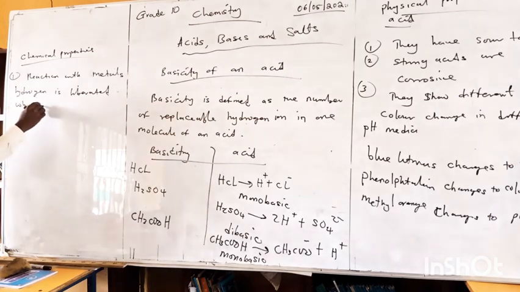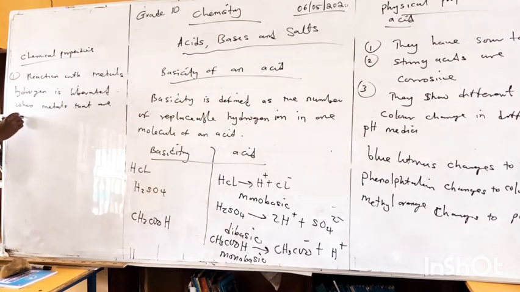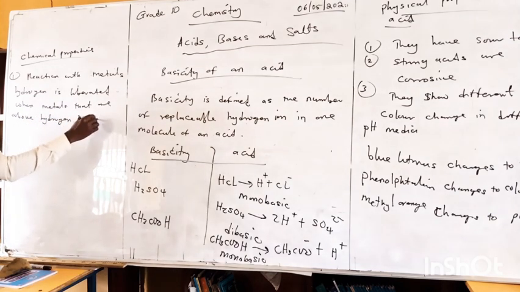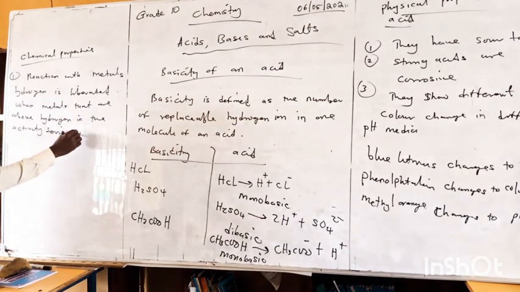When metals are above hydrogen in the activity series. If you don't want to call it activity series, you can call it electrochemical series. When metals are above hydrogen in the activity series and are added to an acid,